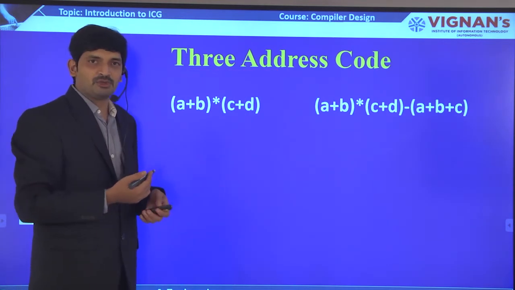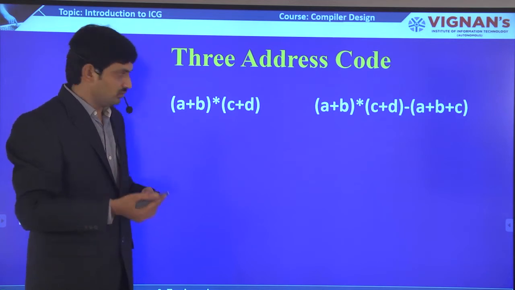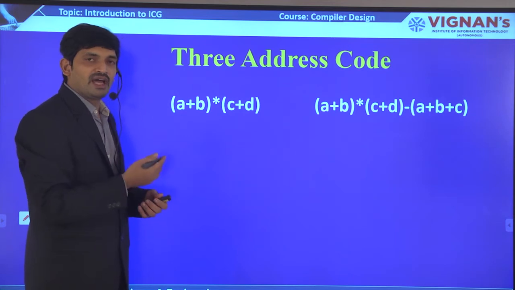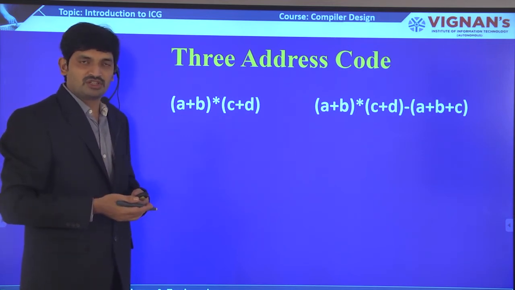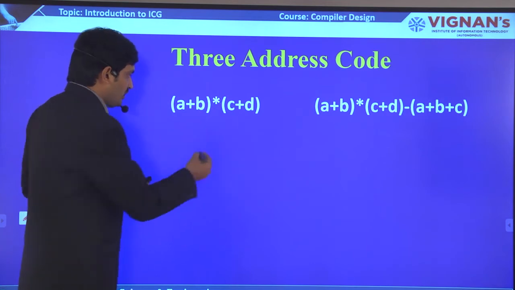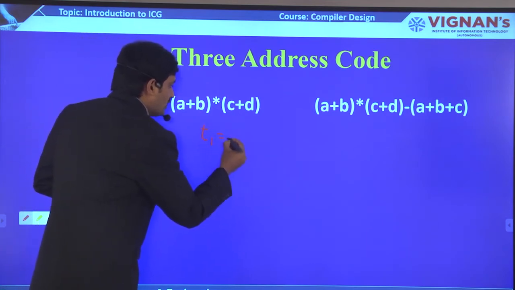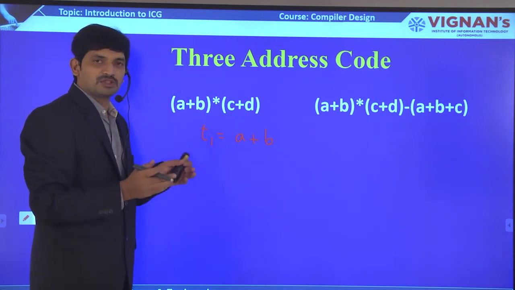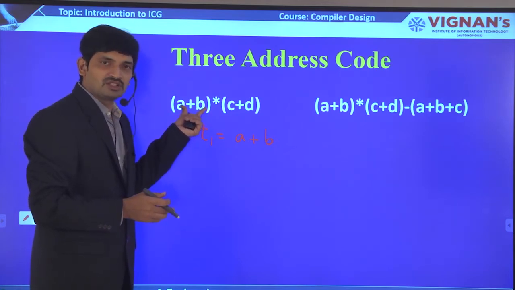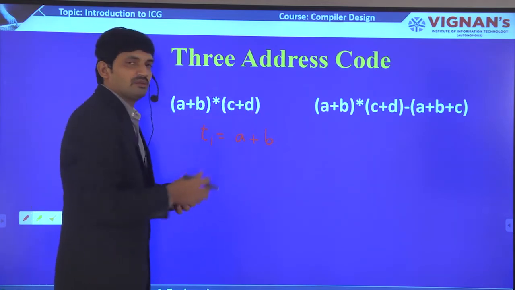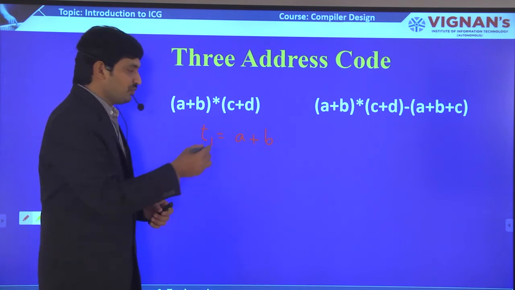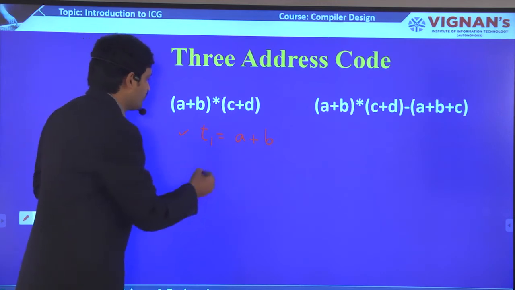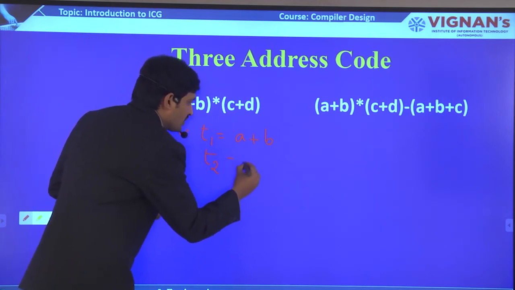Here there are various examples for 3 address code we are going to solve. So in the first instruction, a plus b into c plus d. So now I have to use temporary variables or temporary locations to solve this one. So I am writing t1 equal to a plus b. Why? Because this a plus b is placed under the brackets. So I have to solve this parenthesis equation first, then I have to go for the remaining one. So t1 equal to a plus b, where t1 is the temporary location which is assumed by me. Now t2 equal to c plus d.